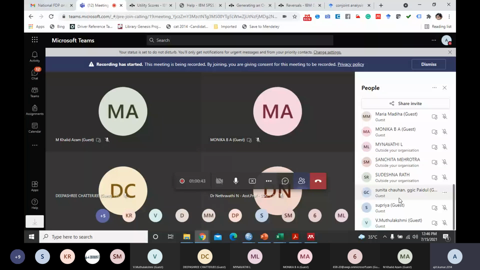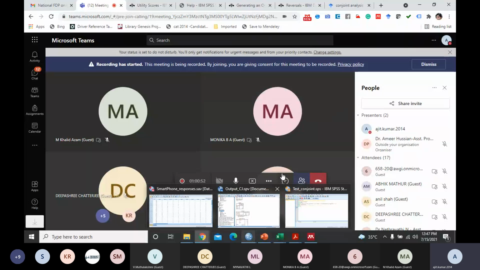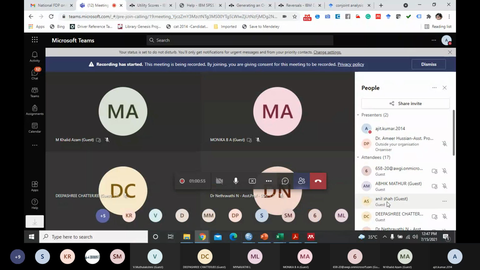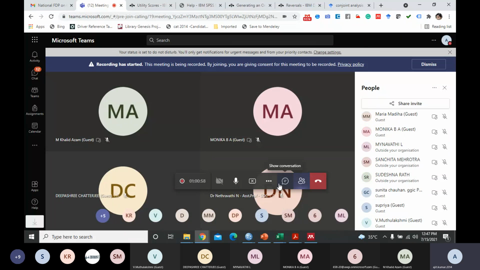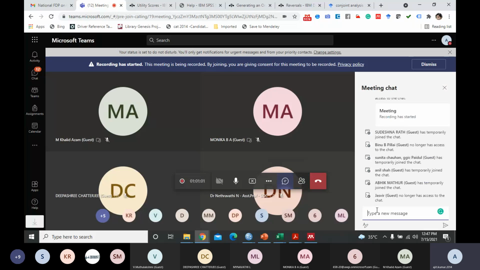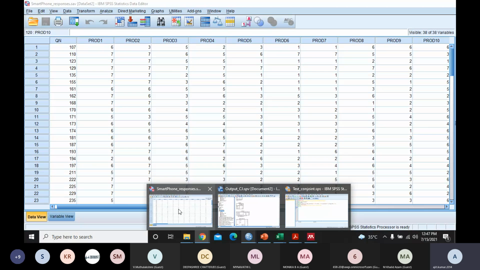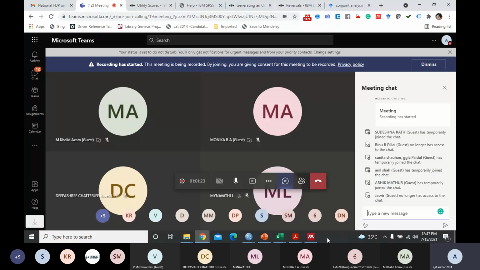And quickly, please tell me which particular SPSS version are you using? I'm having SPSS 20. Let's have some quick interaction. You can also send in the chat box if you don't want to unmute yourself and say something. Which SPSS version are you using? 16. Okay. So please open this SPSS software and that Excel file. Be ready with this, and I will tell you what to do.